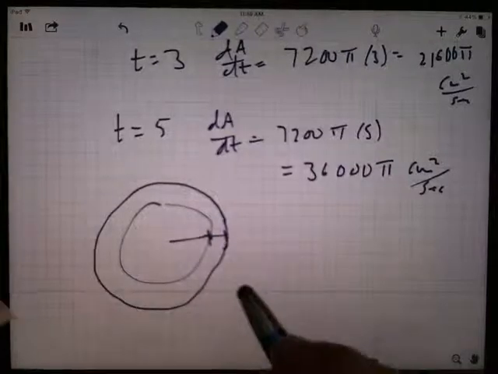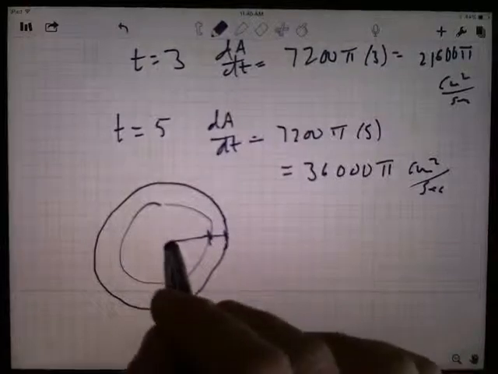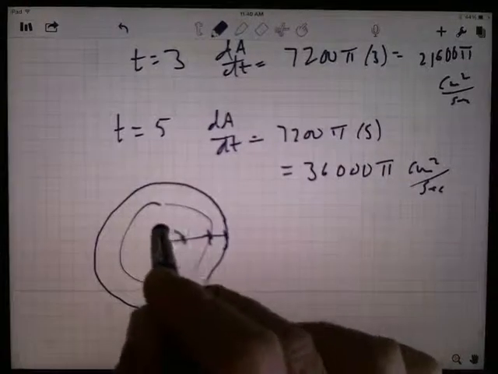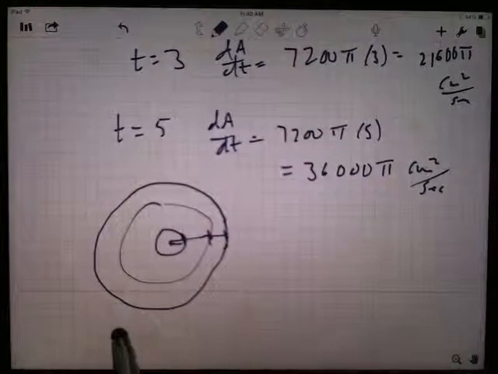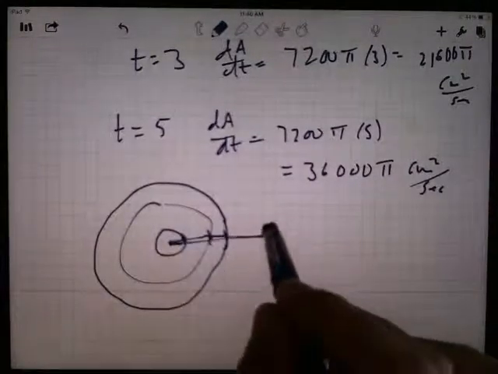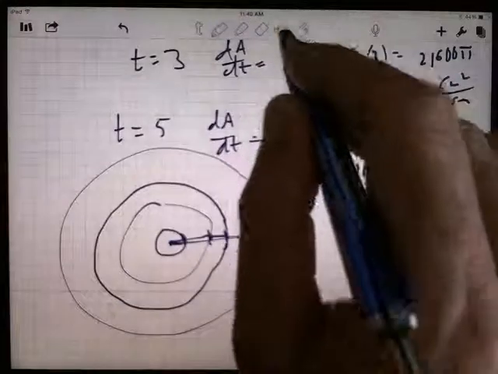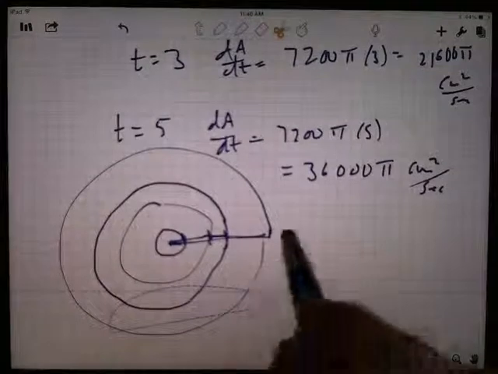It's the change, right? So in 1 second you gained that area. Well, for the first second you only gained this much area. For something later on, when the radius is already really big, you're going to have a particular circle here,